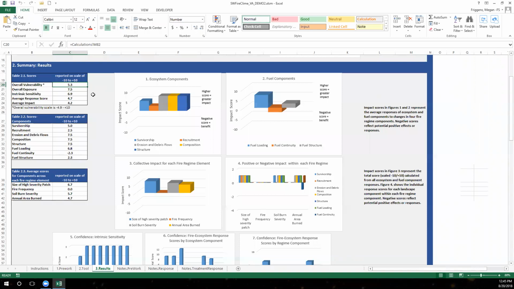And it's fairly high, I would say, too, given that range. And so I don't really want to say much about these right now just because this is a made-up example, but maybe we could say more about the case study example I'll show you in a minute. So the second table is giving the individual impact scores for each of those ecosystem and fuel components, and that